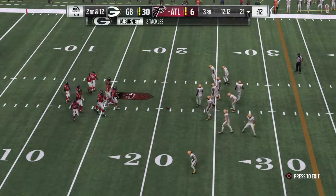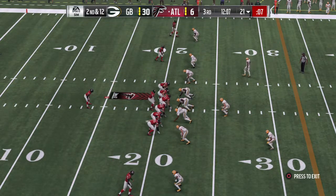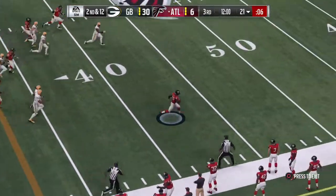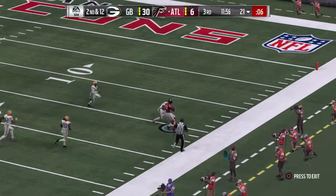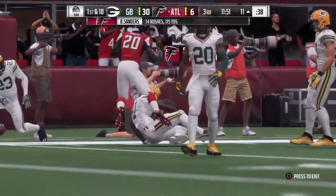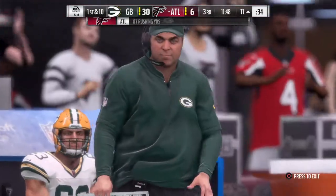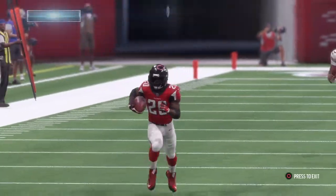Looks like the defense in press coverage here. Now a handoff looking right. Oh, he's got a little daylight. And they will finally catch him, but not before he gets it to the 11. It's a big play there for Atlanta. 68 yards. And a guy that can change the game shows you a glimpse of it right there, taking the